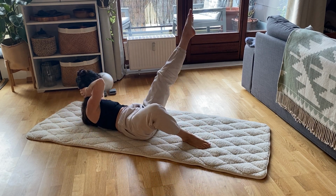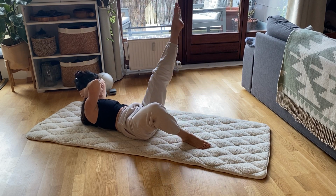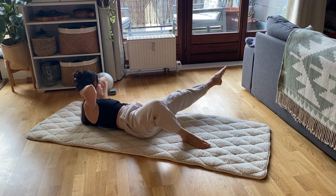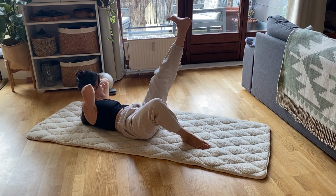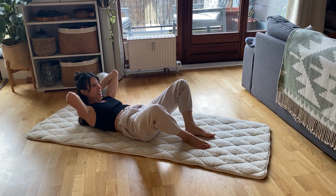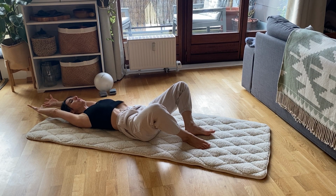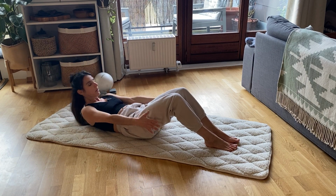So stretching it out, opening up those elbows, and then flexing it down, pointing it up for 5. Again, making it as big as you can, but still stabilizing through that right side. 3, 2, and 1. Great, back to the center. Come up a little bit higher, and then slowly lower down. Great, knees come together, walk your feet a tiny bit further away, and we're gonna roll it up for another